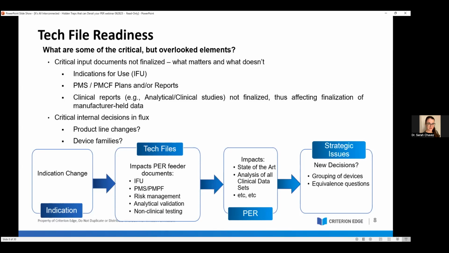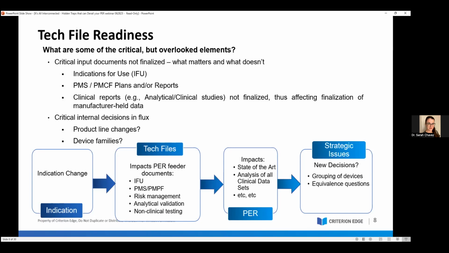So suppose you have a device that's been on the market for quite a while, and as you run your systematic literature review and you start to identify data that's going to help you support that your device is state-of-the-art, you realize that all of your competitors, let's say you're a PCR test for identifying a particular infectious agent, if all of the competitors that you're identifying actually use a different methodology that is more sensitive or eliminates some of that risk of a false positive or a false negative, that can lead to your device actually having to